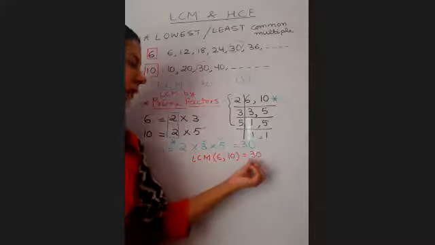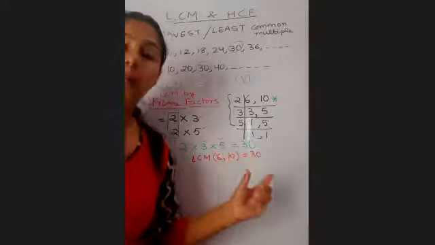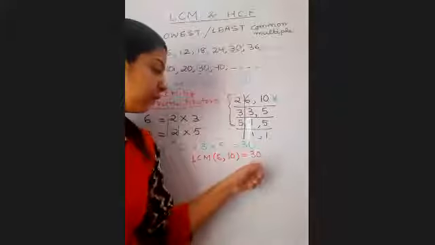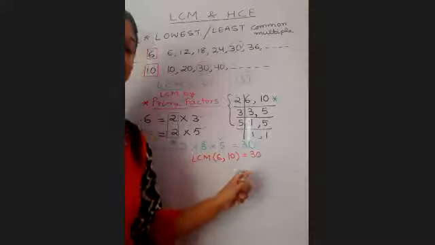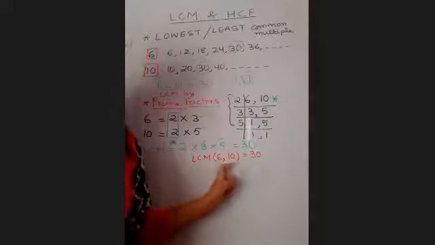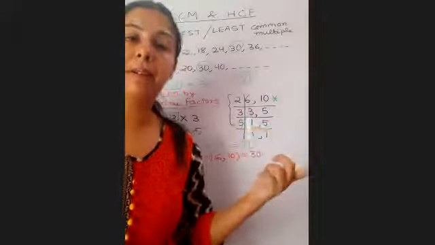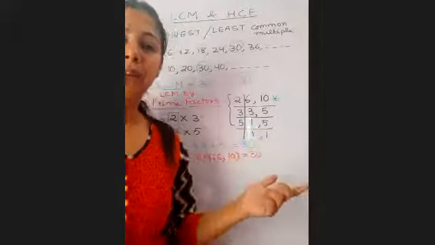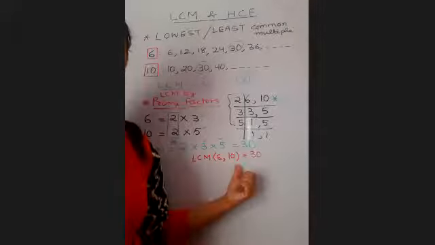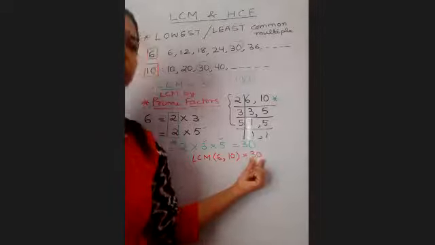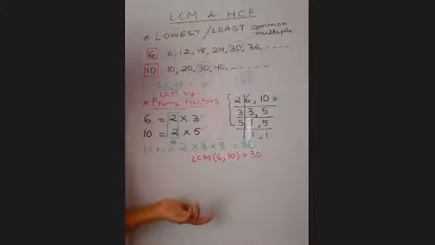It means that 30 is the lowest multiple, the lowest number, सबसे छोटा number है, which is divisible by both 6 and 10. 30 एक ऐसा सबसे छोटा multiple है, multiple यानी multiplication table. Table is obtained by multiplying. So 30 is the smallest number which comes in the table of both 6 and 10. और ये सबसे छोटा number है which is divisible by both 6 and 10. You may say in any language. Clear?